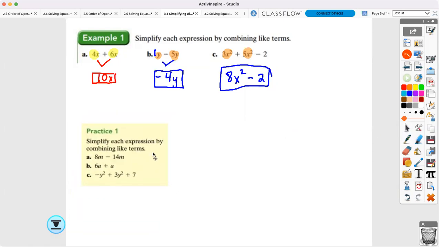Because now we have our first practice problem, class. Would y'all like 1 minute, 2 minutes, or 3 minutes for these practice problems? There's 3. So 1 minute, 2 minutes, or 3 minutes. All right, I'm gonna give you 3 minutes starting